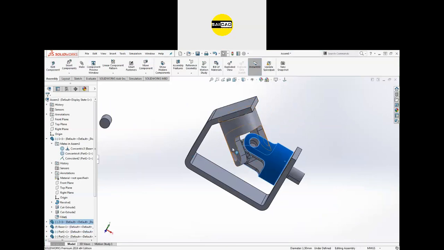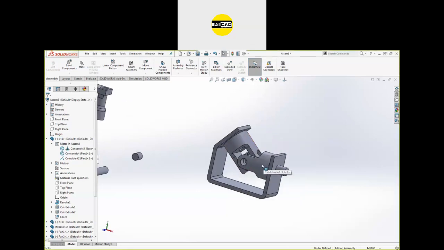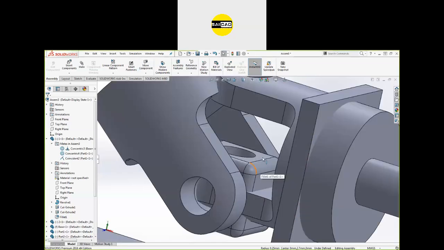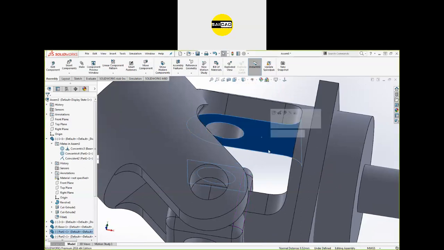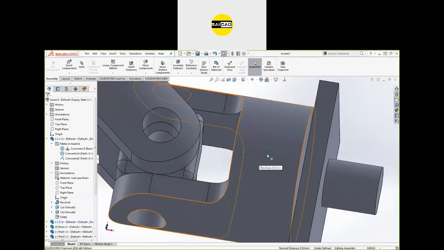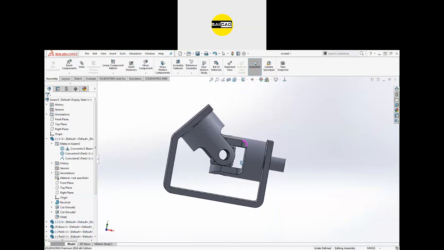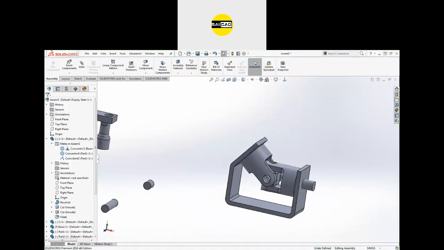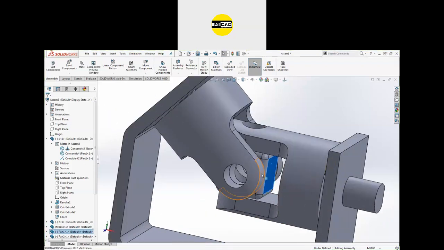So if sometime you will see that your product is moving outside, you can further apply something to restrict the motion. Okay, so basically we are just going to restrict the motion of the object from here. Mate will restrict the motion. Okay, like that you can just move. Now you can see there is another column here, so we can just add another relation from here to here, that it should be constant, and now it will not move to any other location. And you can see that there are some gaps, and those gaps are defined automatically because we have specified some relation with respect to this box.